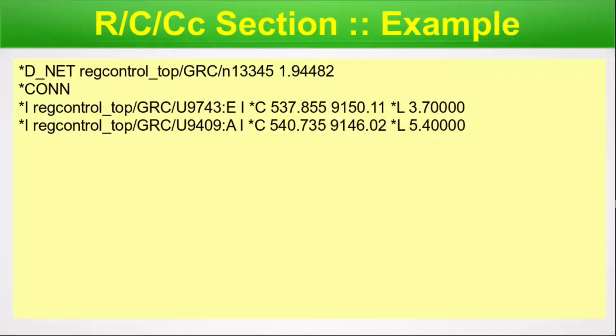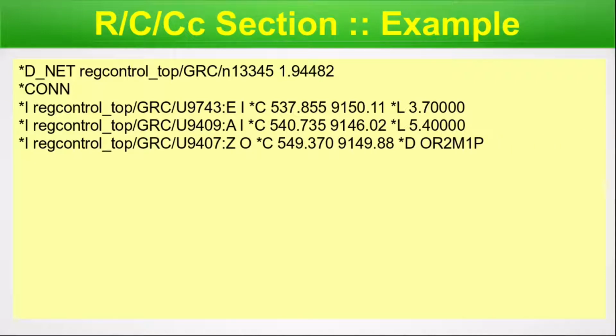The next line is very similar to the previous line we have just discussed, and this is for pin A. Up to this is the hierarchy, and here it is I, here the X and Y coordinates, and here is the load capacitance value. In this next line, we see a bit of difference. Let me explain. The pin name is Z. We can see the hierarchy down to Z. Here we go down the hierarchy to Z.